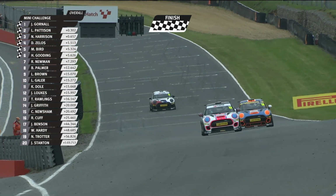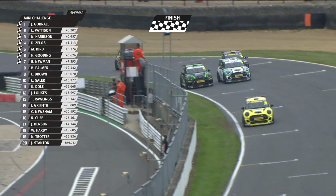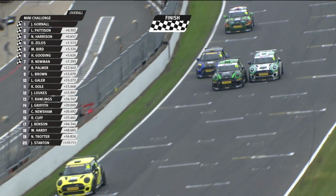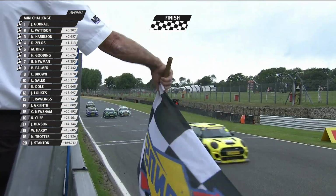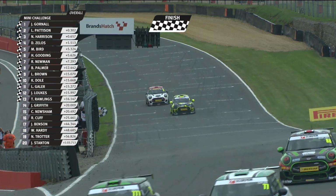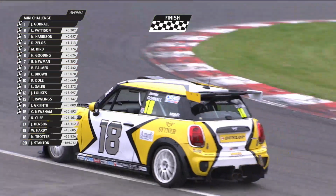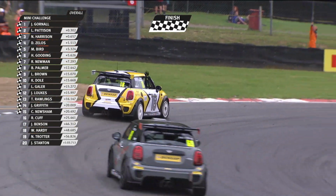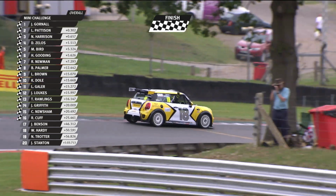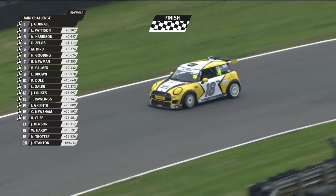Fifth position then for Max Bird, sixth Harry Gooding. Good battles to the line here. I think this is Lewis Gayler possibly trying to gain some ground. Let's see what order this lot will come across the start-finish line. It is Keenan Dole, in fact, who dropped to 10th on the last lap. Lewis Brown got ahead of him, but he did manage to fend off Lewis Gayler and James Lukes, who ended up 12th. Ben Palmer ended up 8th after their tangle on the penultimate lap, which meant that this man, James